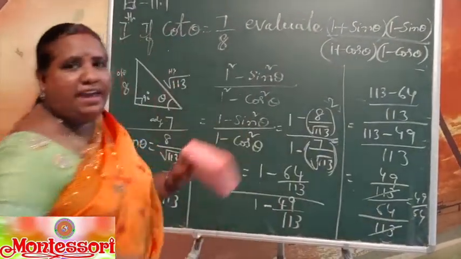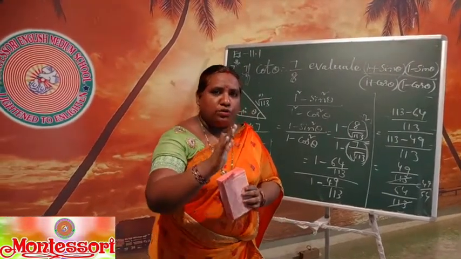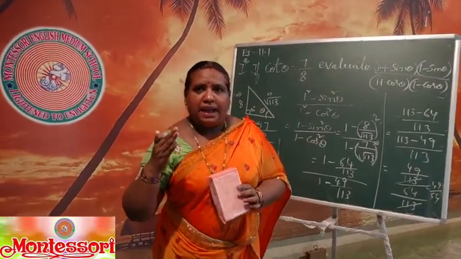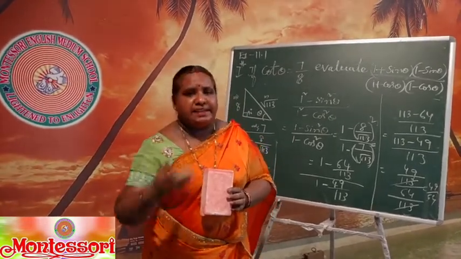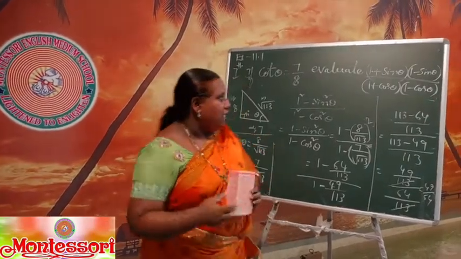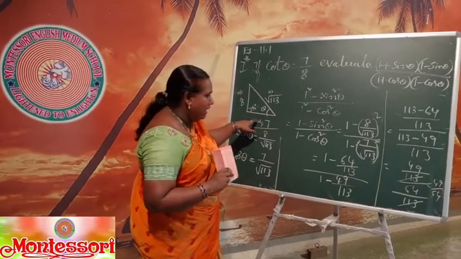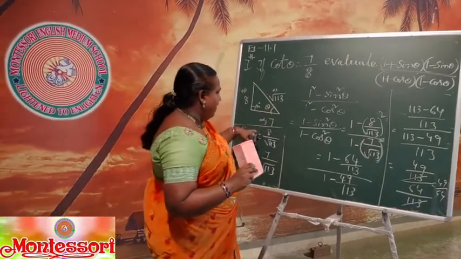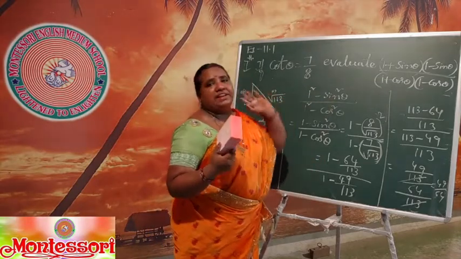So this is the way we have to find out. So once again I am revising. You go through what is sine, opposite by hypotenuse, cos, adjacent by hypotenuse, tan, opposite by adjacent. Like that you learn by heart. Remaining multiplicative inverses you can do easily. So this is very important. First you have to draw the diagram carefully. After that you have to find the value of sin theta and cos theta, and after that you have to substitute in the given expression.